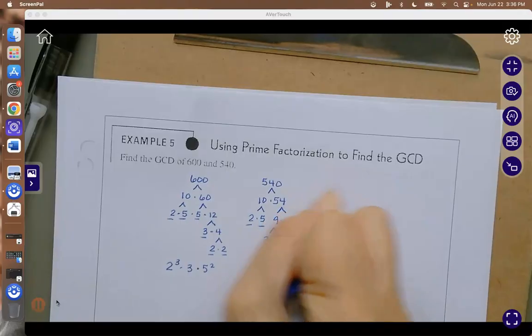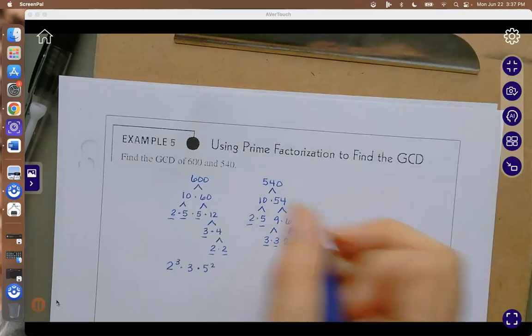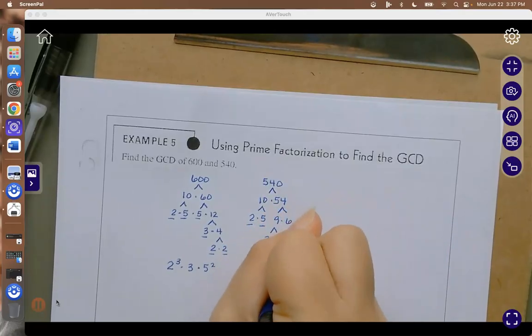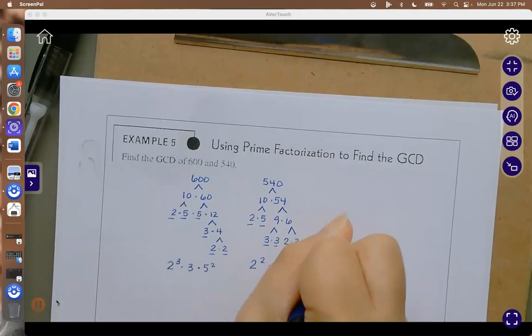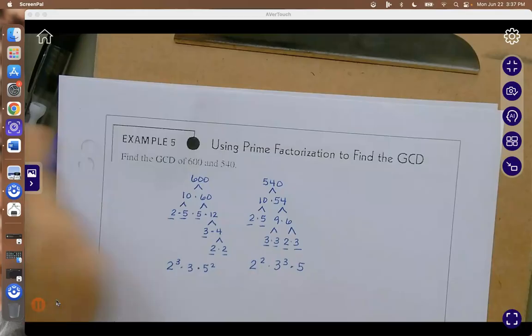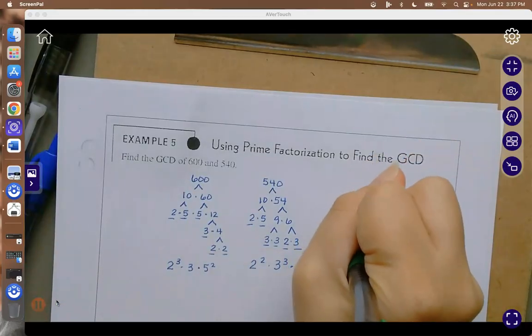The 9 can be broken down into 3 and 3, and stop. 6 can be broken down into 2 and 3, and stop. So we have 2 2s, we have 3 3s, and we have a 5. Okay, so now the way we do this is we only